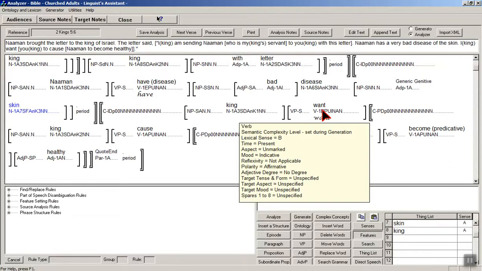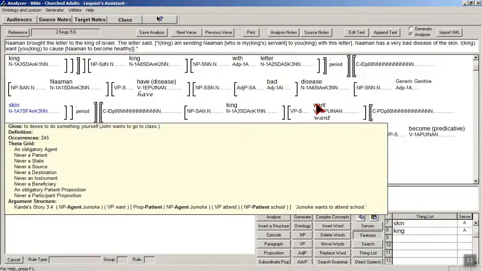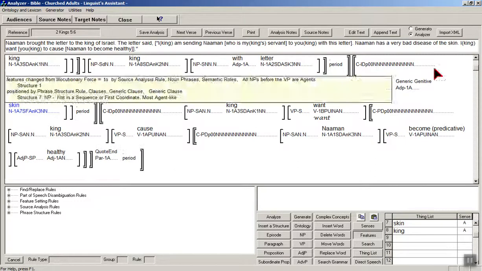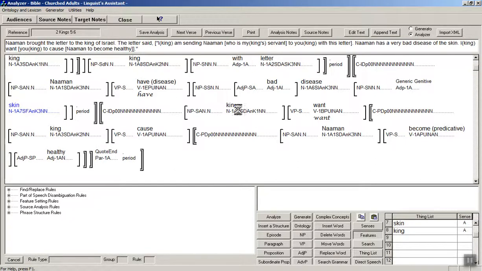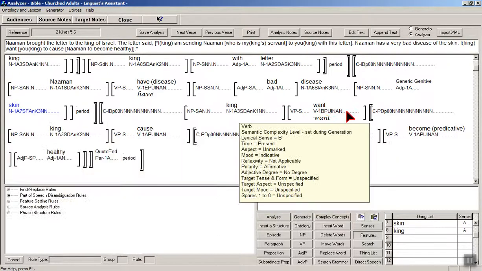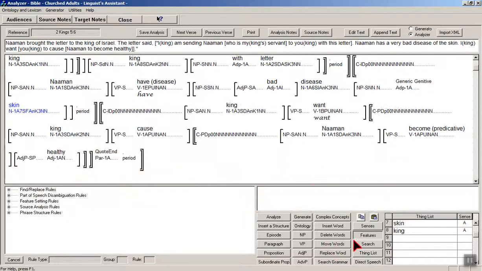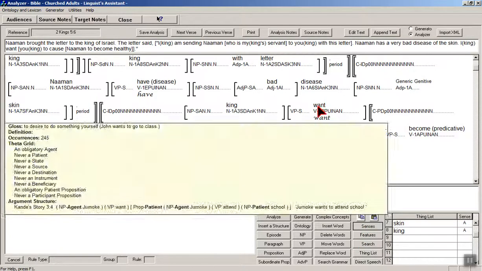Aha! So this is interesting. It got the wrong sense of want because he's wanting the other king to do something. Now you might say, why did the analyzer get that wrong? Didn't it know that inside the subordinate clause it was another king? Well, it didn't. It thought they were the same king, so it thought this was, I want to do something myself. So we're going to click on senses, and this verb want,